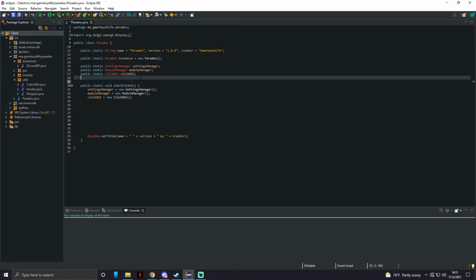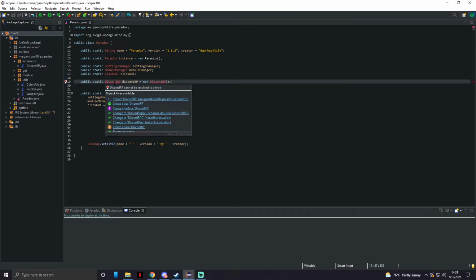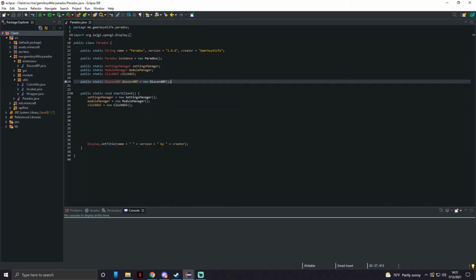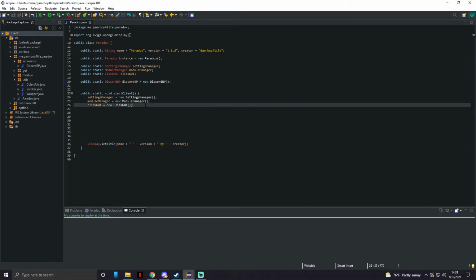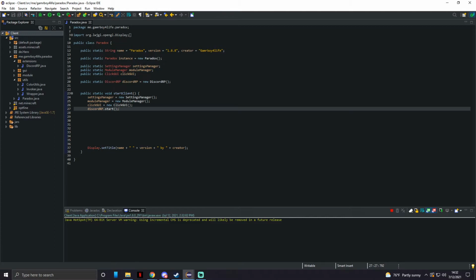We're gonna come down to here and do public static discord rp equals new discord rp. This is creating the instance of our discord rp class. And now we need to import our discord rp class. And now when it goes to initialize, we're going to put this at the very bottom. So discord rp.start. And now if we press launch inside of the console,